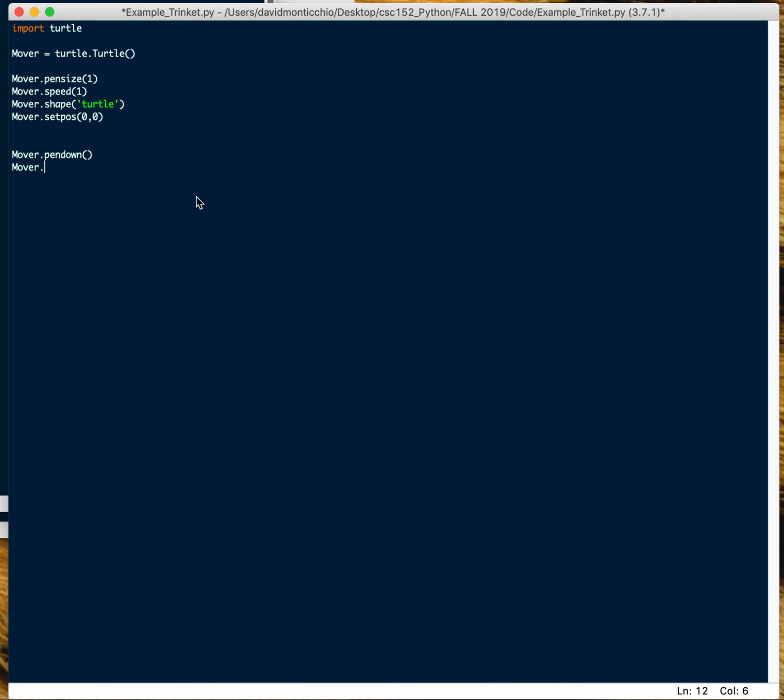And then of course I can just say mover.setPosition, and instead of having it at 0, 0, let's put it at 300 across the x-axis and 0 on the y-axis. And then of course I can take the pen up, so mover.penup, so that now it's off the paper and it won't write anymore. And then I can just say set position. And this time I'll do 0 on the x because we're moving back to the center, but I will add it above. And now what you'll have when I save this and run it